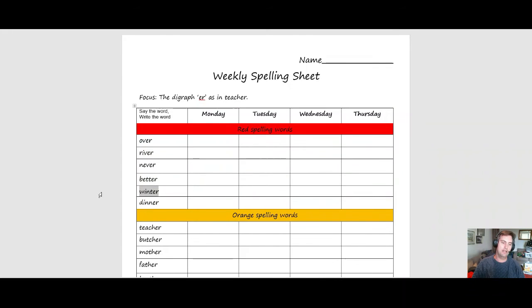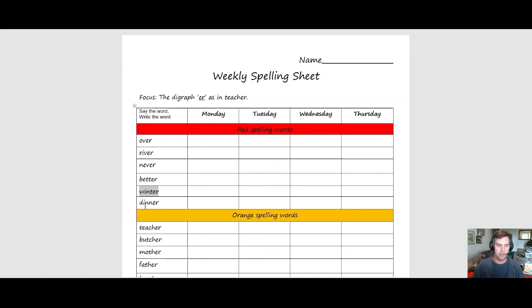Okay, so winter. Let's go over the sounds. W, I, N, T, ER. All graphs except the ER. W, I, N, T, ER. Tricky for someone else to remember, or for you to remember, I would probably say there's a couple in there. There's the I for I, there's N for N, not M, and there's ER on the end, which is a digraph. And if you came up to me and said, Mr. Fisher, how do you spell winter? I would say